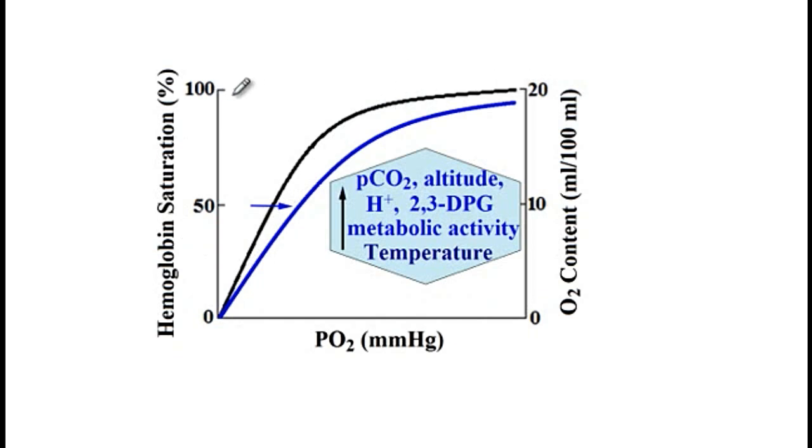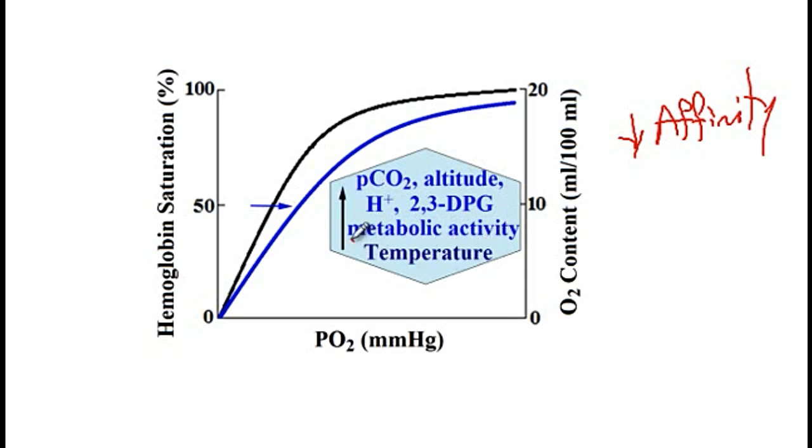rises almost to 100%. Now, consider conditions that will shift the curve to the right. By shifting the curve to the right, you can see that there is less oxygen binding to hemoglobin. So there would be decreased affinity for oxygen in conditions that shift the oxygen dissociation curve to the right. These conditions include, for instance, elevated CO2, increased altitude, elevated acidity of the blood, which means there is an increased level of H+ in the blood, increased concentration of 2,3-diphosphoglycerate, elevated temperature, as well as increased metabolic